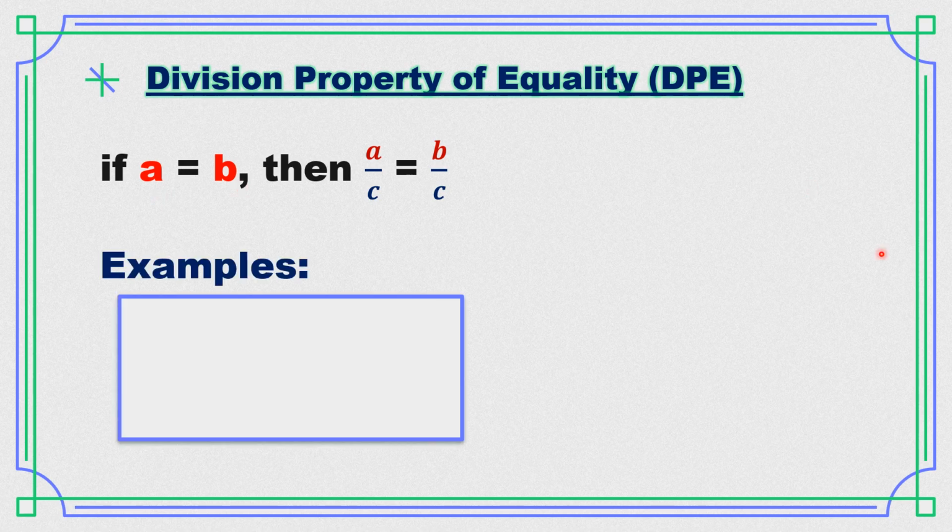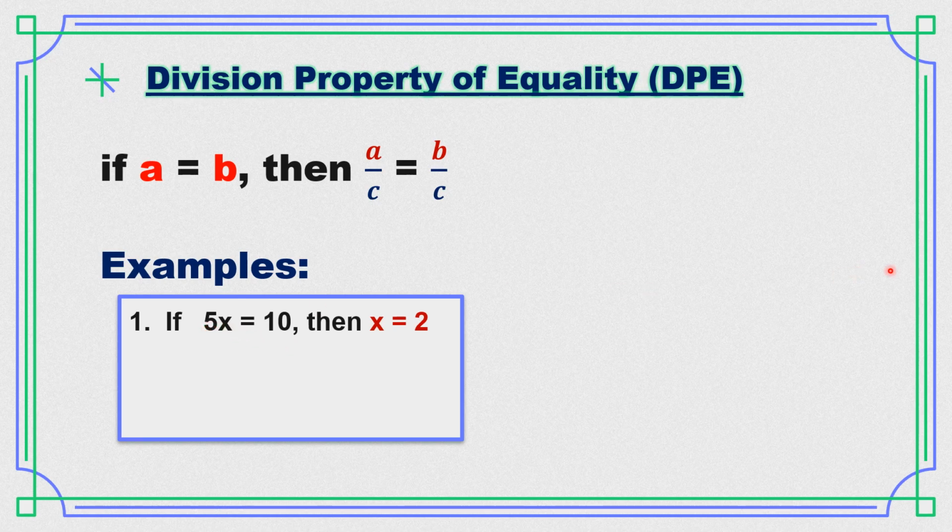Example. Number 1. If 5x is equals to 10, then x is equals to 2. Ito yung A natin, ito yung B natin. Okay, so paano makuha yung x is equals to 2? So dahil si x natin ay merong numerical coefficient na 5, kailangan mawala po yung 5 at dapat ang matira na lang ay x. Then, ang gagawin natin dyan is, i-divide natin both sides by 5 para ma-cancel po yung